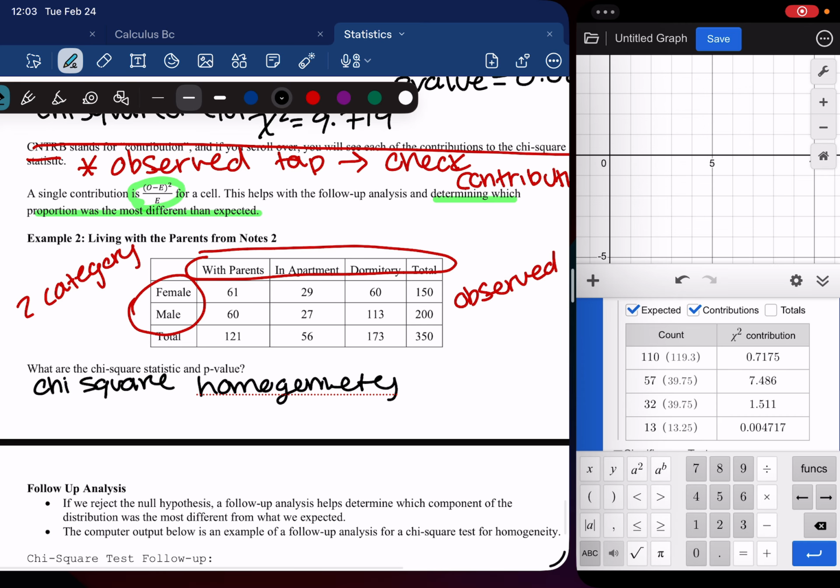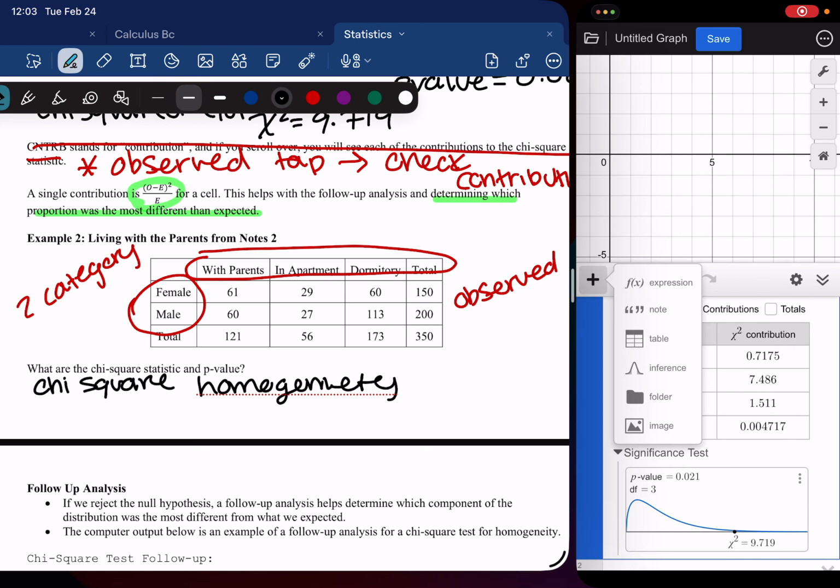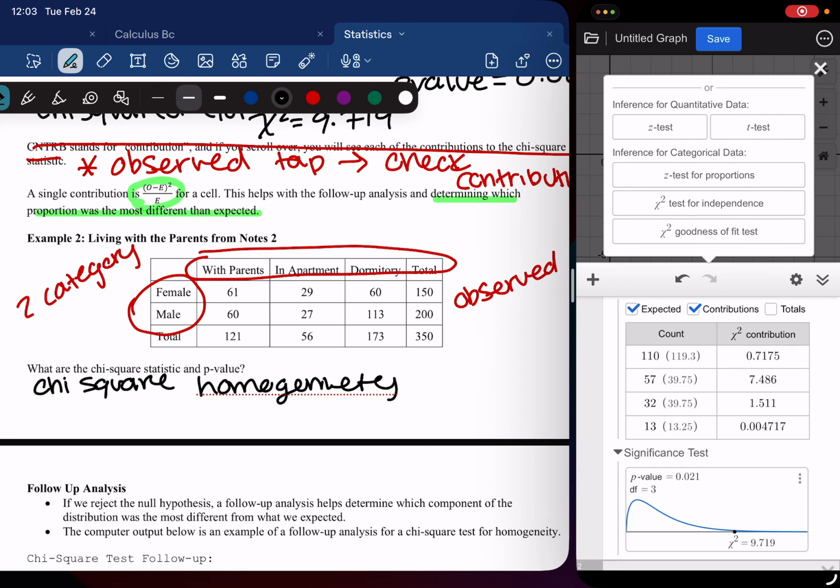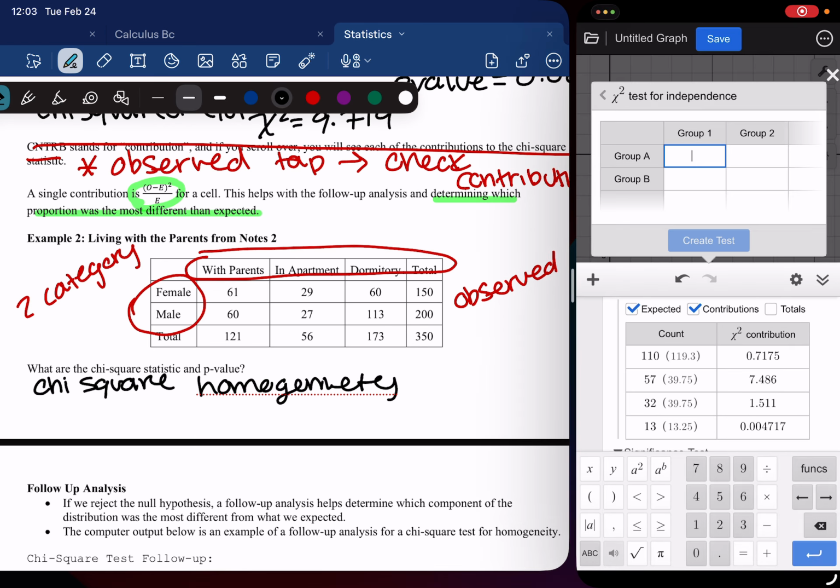So I'm going to go to add an inference. I'm going to click on chi-squared test for independence. And I'm going to make sure that I type in only my data. Does that mean I include the totals? No, I do not include the totals. So only write these 6 numbers here. Not the totals. So 61, 60,